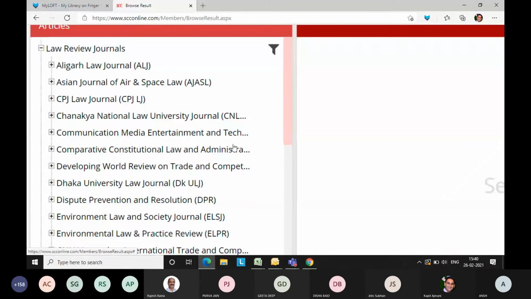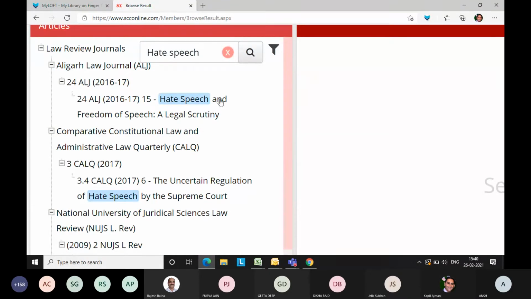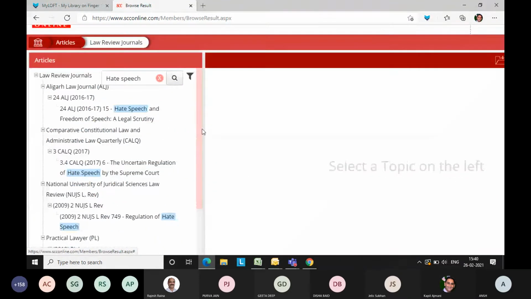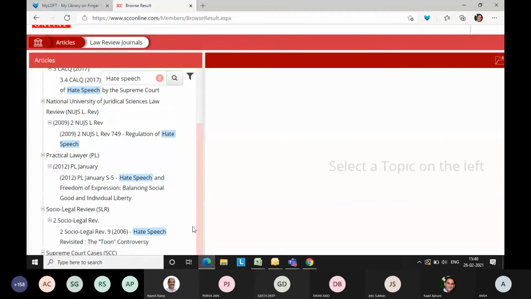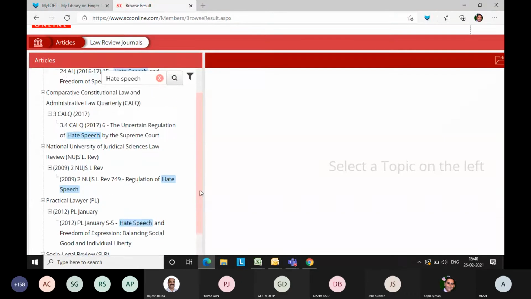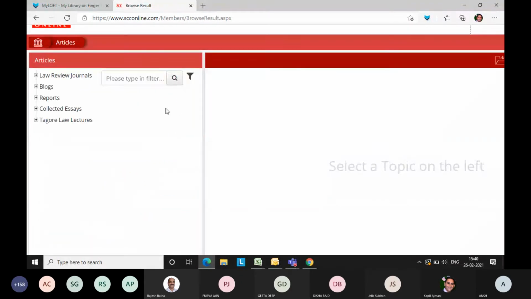And you can also filter, and if you are looking for a particular title over here, say for example hate speech, we were just reading the other day, you can key in over here and then it will filter out for you throughout this entire database. And you can see Aligarh Law Journal, the first one is there. And same way you have CLQ and NUJS, etc.